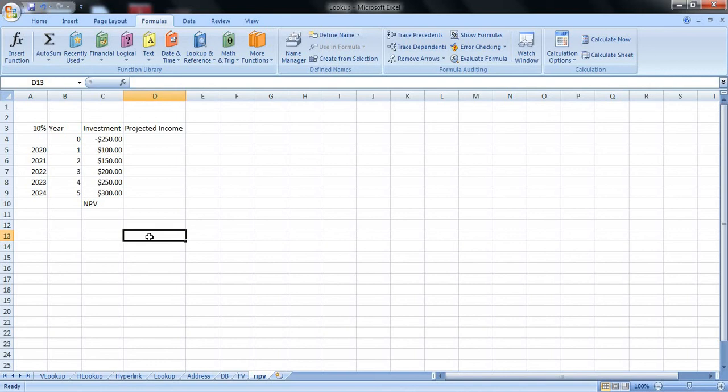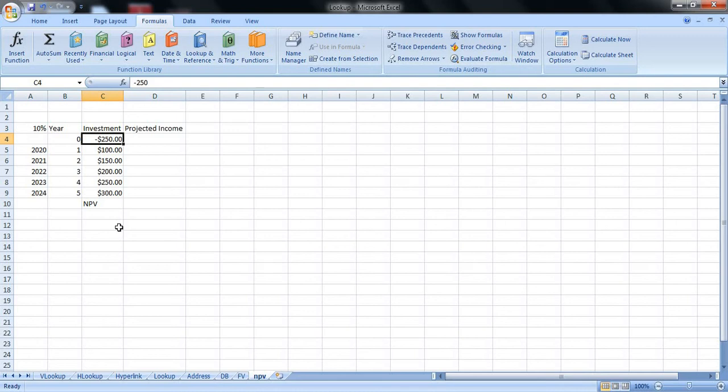If I start my business by investing $250, what is the earning I will have at the end of 5 years? What is the estimated earning I will have after the end of 5 years? Now, this is what we can check using NPV. NPV, let me repeat, is used to calculate the net present value of an investment based on the projected inflows and outflows.